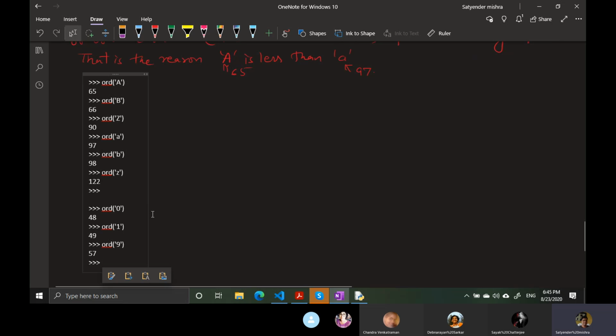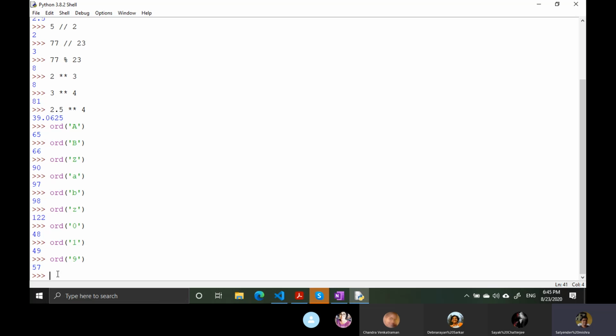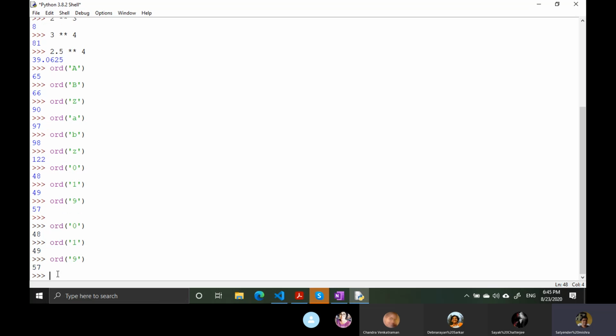So according to internal values, the string compares the matter. Fine. For the same reason, you need to be careful about non-printing characters like spaces. Spaces are also real characters, right? If you type a space here in the string, if you are not providing anything, that means